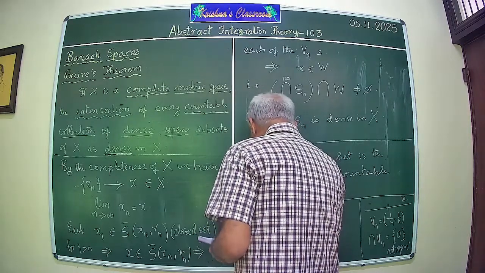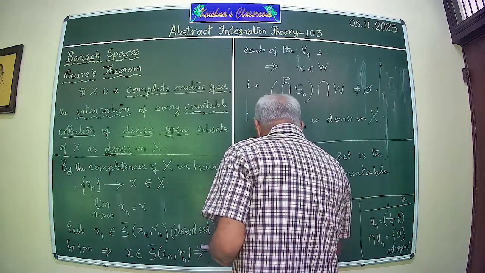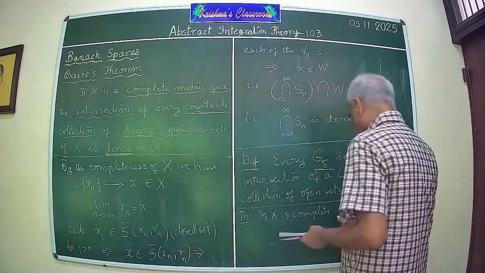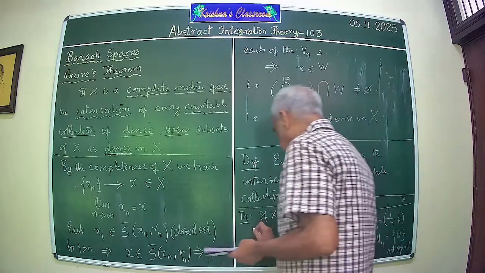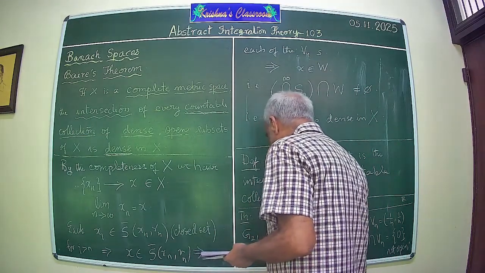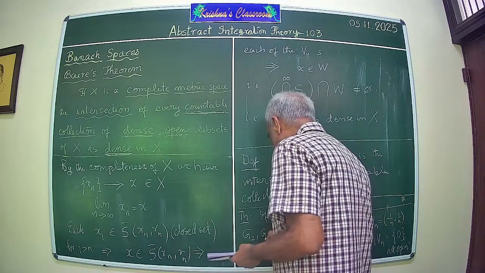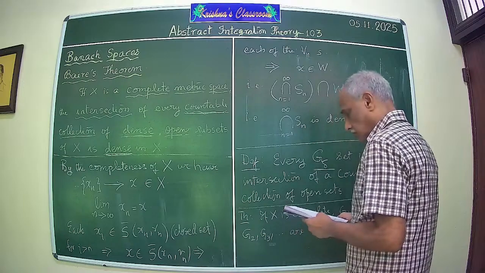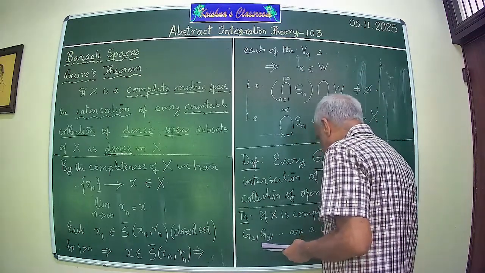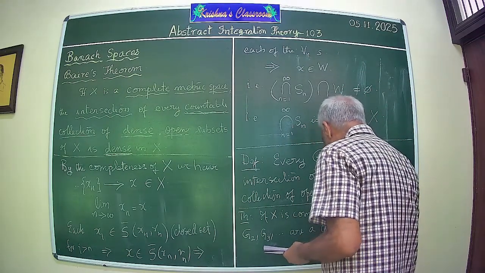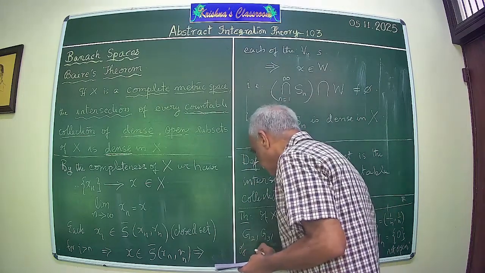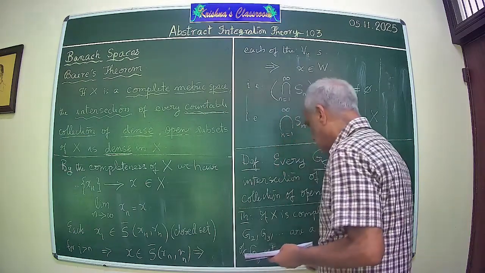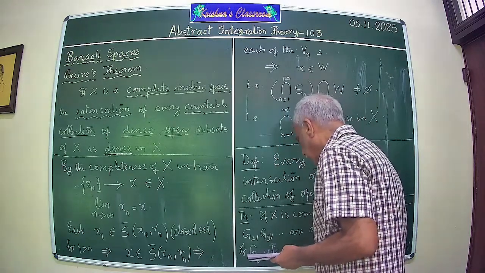If X is complete, and G1, G2 are G delta sets, a collection of G delta sets, then